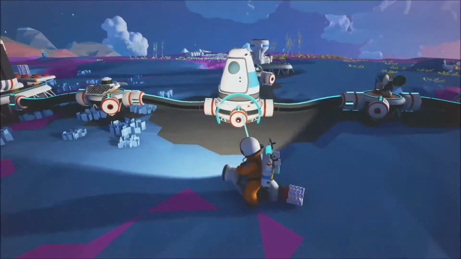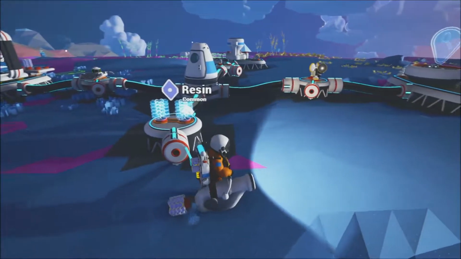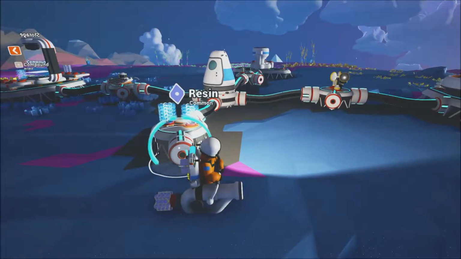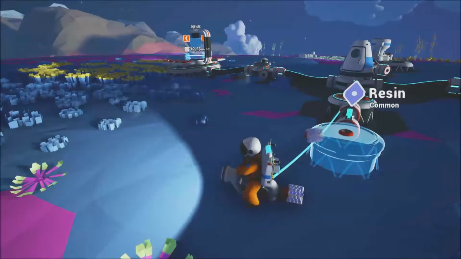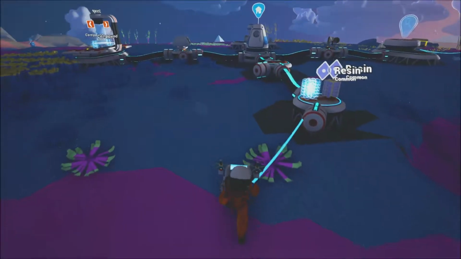Some of these things do actually refill, which is cool. So those little spires, if you can see my cursor, off in the distance, right there, those things do refill over time. They're not quick, but they do refill. And they have ones that are resin, compound, they have oxygen, and...